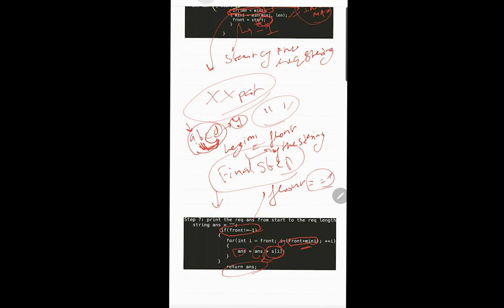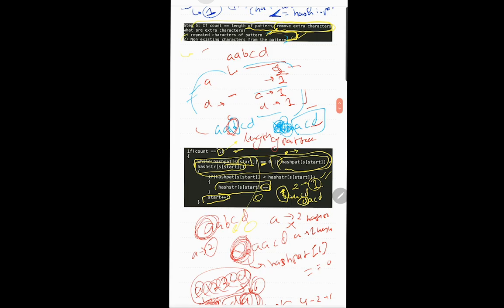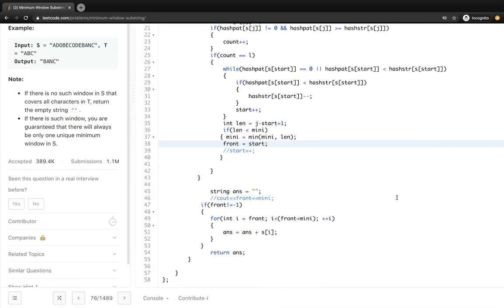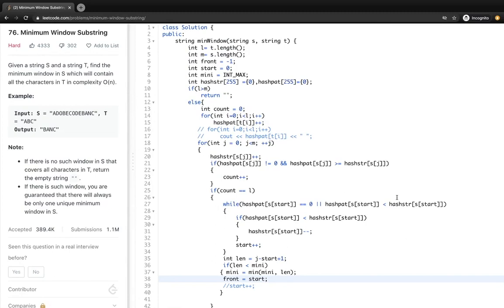So that is the entire approach for it. I'll recommend that you look at it once again and try coding it yourself. If you face any problems, I'm going to be discussing base cases while I code the problem. So let's just move on to the code. I hope that all of you have watched the approach part of the video and understood how we're going to approach this. Now let's talk about the code part.